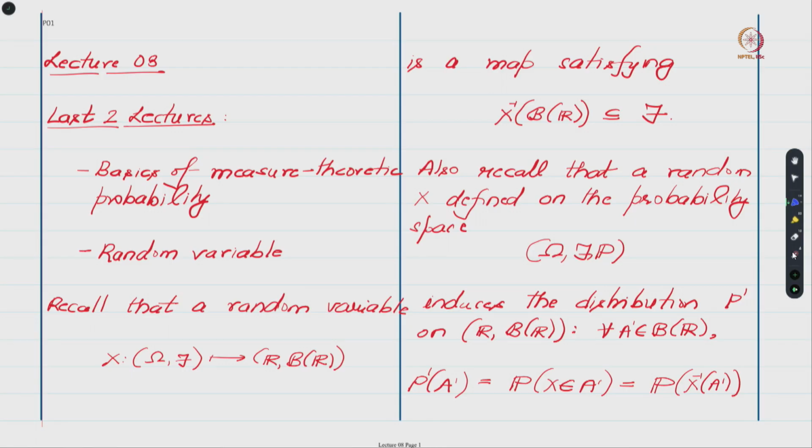In order to understand a bit of conditional probability, I have been giving you some basics of probability from this textbook called A Probability Path by Resnick. In the past two lectures we looked at some basics of measure theoretic probability, and then we looked at this concept of random variables. Recall the way I defined these random variables. I said that a random variable is a function which goes from omega to R, and it is